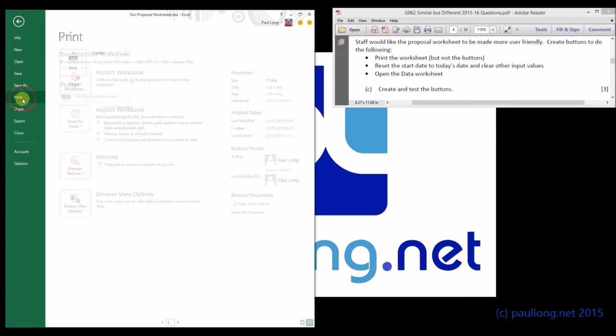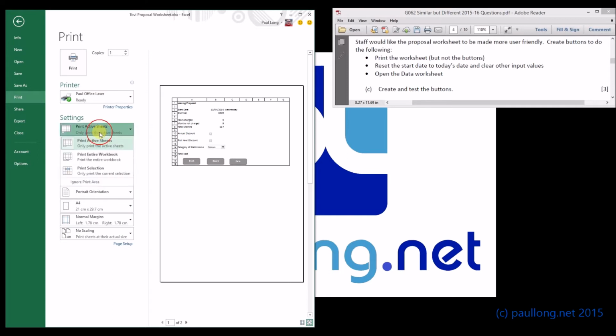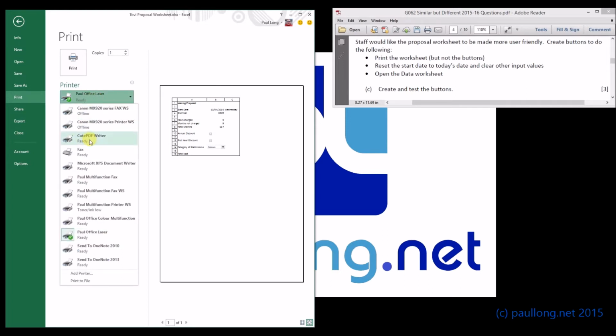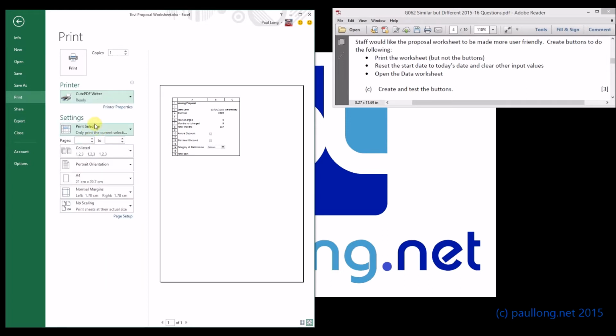and then we go through the process of file, print, and the important bit here is that we select the selection. So we're not printing the whole thing. I'm just going to change my printer to a PDF writer so I don't waste any paper. If you've got that option, great, do the same thing. Click on print,